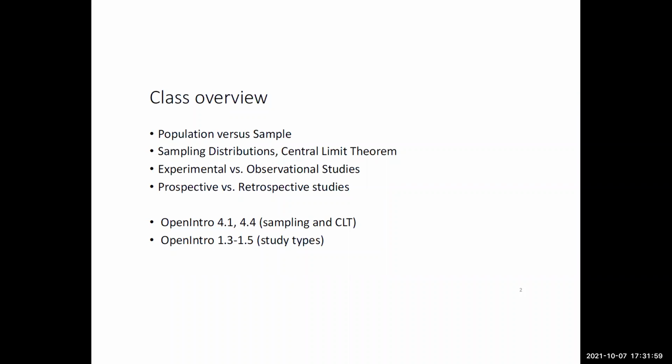Today, we will just discuss the central limit theorem. Then we will be talking about experimental versus observational studies. And lastly, we will be discussing prospective and retrospective study designs, and you will understand the subtle differences and why these are important and why both designs